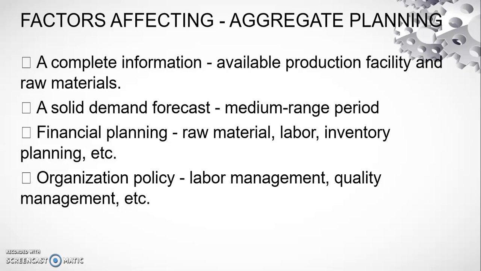And then, not the least, the organizational policy, which is very, very important, which is the policy that the company normally makes on labor management and quality management. So for the aggregate planning to be successful, we need the following inputs, right? You need an aggregate demand forecast for the relevant period. You need an evaluation of all the available means to manage capacity planning, like subcontracting, outsourcing, etc. Then the existing operational status of the workforce, for example, number of employees and the skill set required, and the inventory